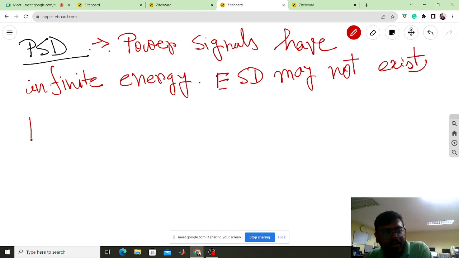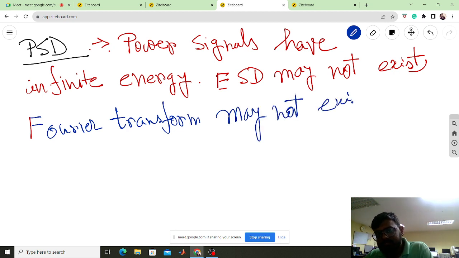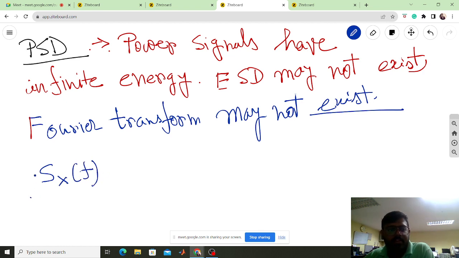This is due to the fact that the Fourier transform may not exist. So in such cases, we can say that S_xx(f), that is the PSD, is equivalent to